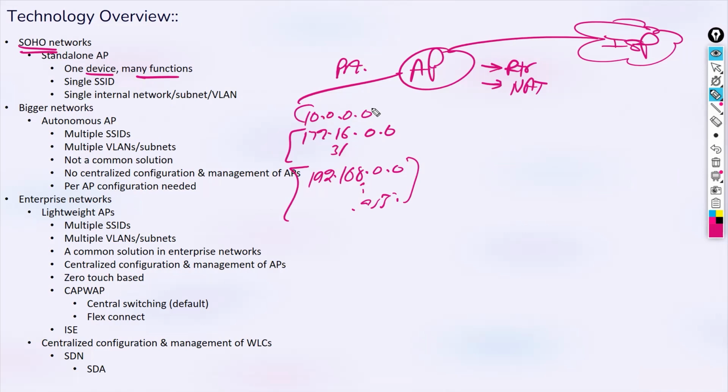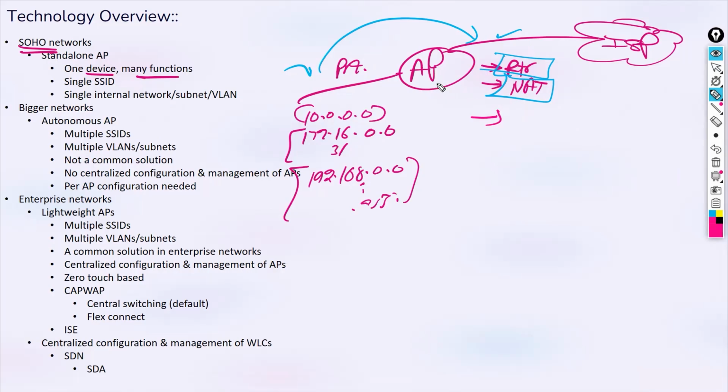This will be used on the private side of your network, right? But when you are going outside to the internet, it needs to be converted to public, right? So what is needed here? This is a different network, this is a different network, right? So this device is also working as an inter-networking router. Okay.